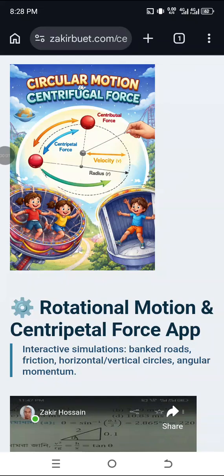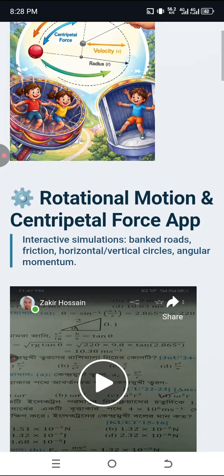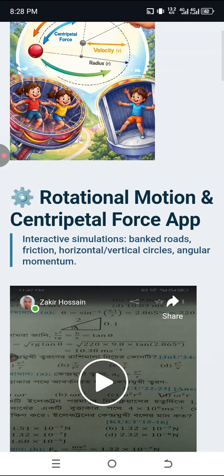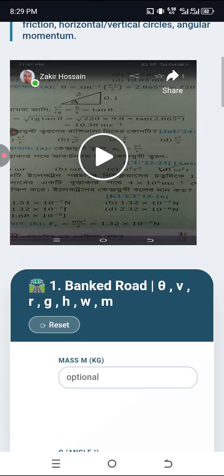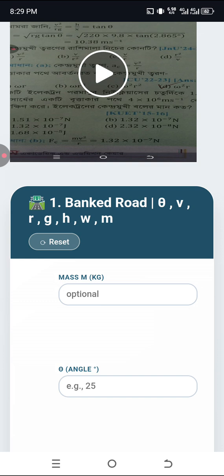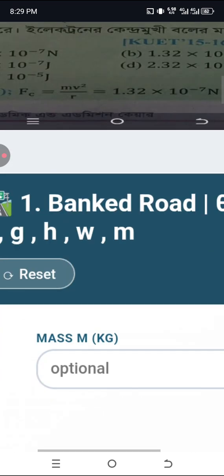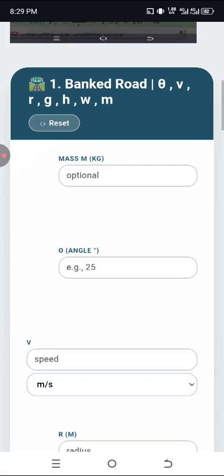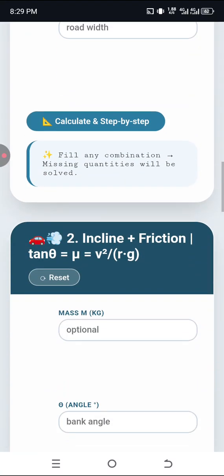Chapter 4, which is Newtonian mechanics, Bangladesh NCTB intermediate level. Anyway, today I'm going to show you a web page where you will find 4 particular apps. The first app is about banked roads, which are officially banked by the authority, and the second type is